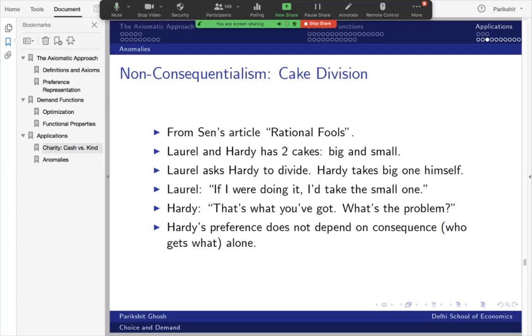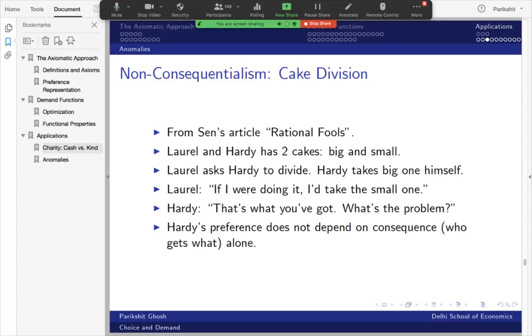Okay. And Laurel is very upset. He says, if I were doing the division, I would take the small one. And Hardy retorts, that's exactly what you've got. I've given you the small one. So why are you upset? What's the problem? Okay. Now, Hardy does have a point. Laurel is saying, I would have taken the small one, given you the big one. Hardy is saying, that's exactly what I did. But all of us can intuitively relate to